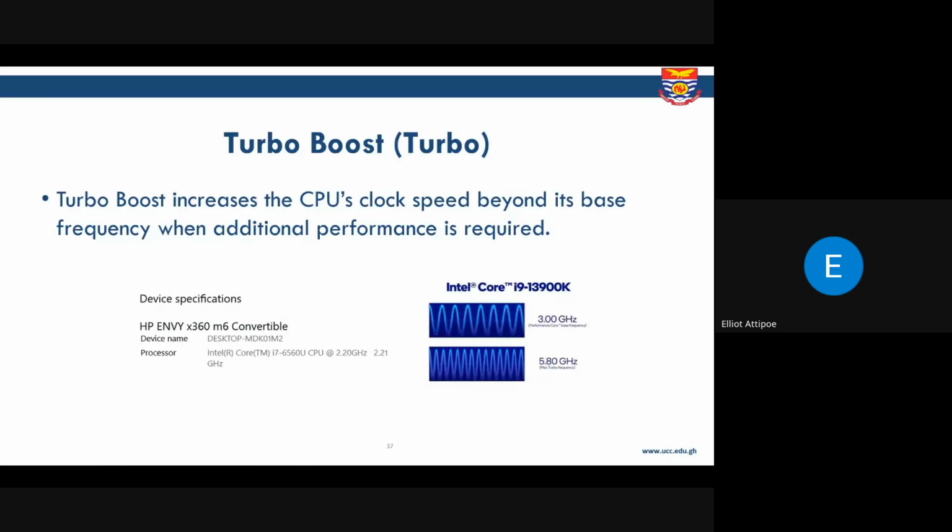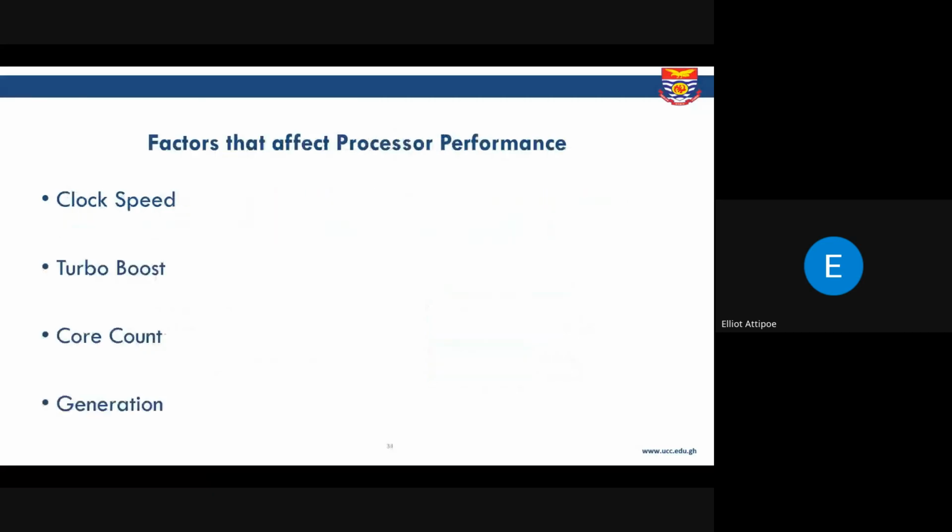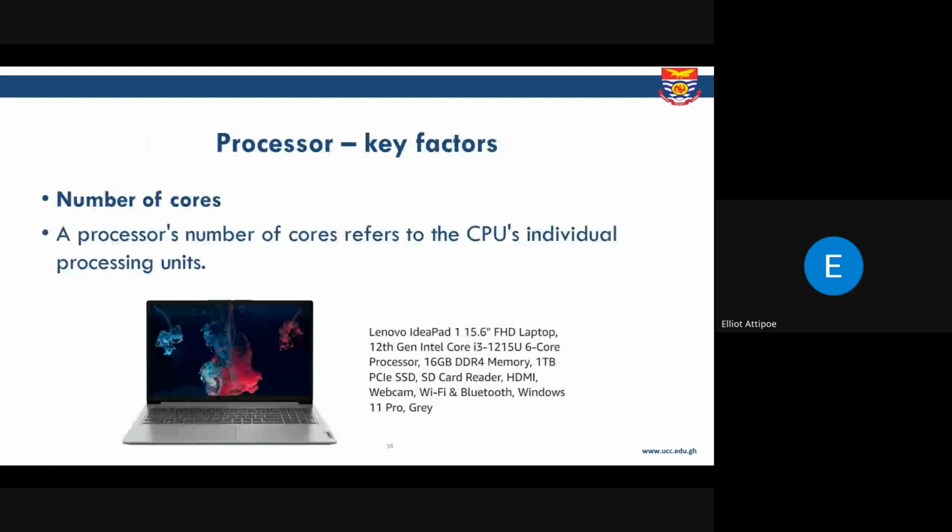All right. So for you, like I said, you are making informed decisions better than somebody else would. At least you know about the clock speed, the turbo boost, and the generation. The last thing I want to add is the core count, the number of cores. The number of cores is very important. These little things affect how your PC performs. So with the modern PCs,